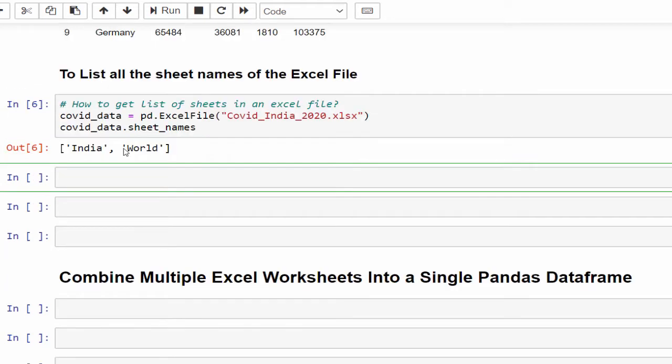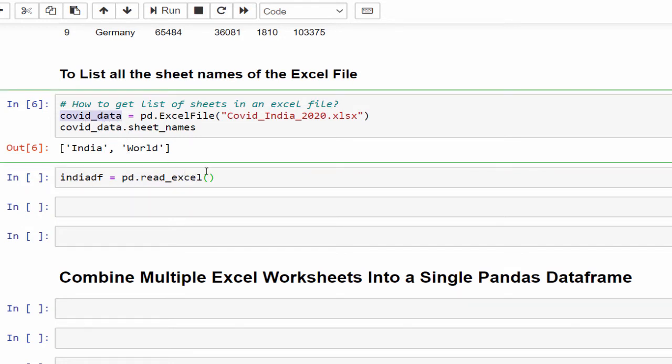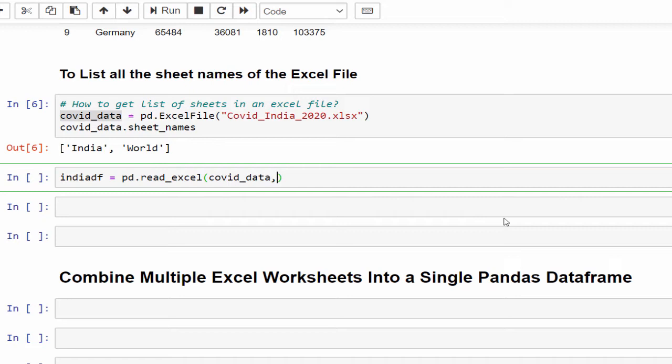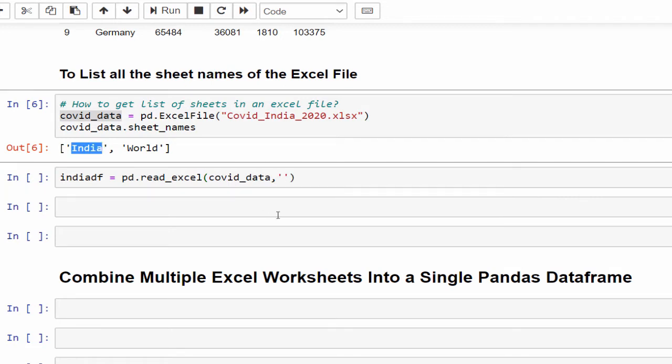If you want to create different data frames for different sheets, it's very easy to do. India data frame equals pd.read_excel, then the COVID data variable it is already assigned to, comma, give the sheet name.